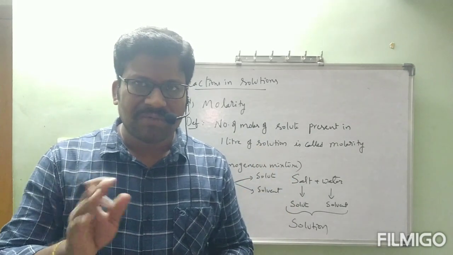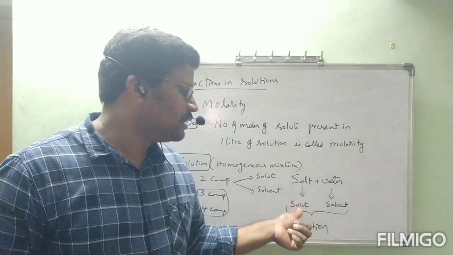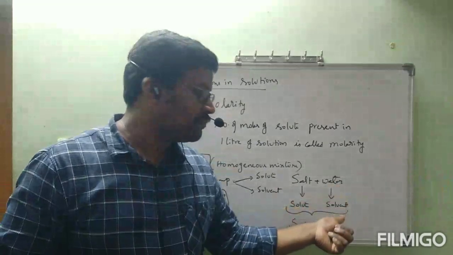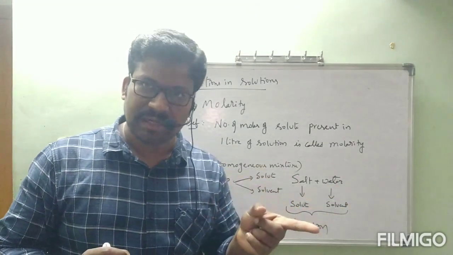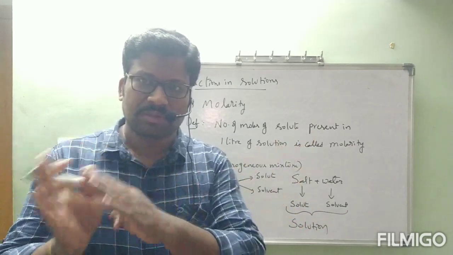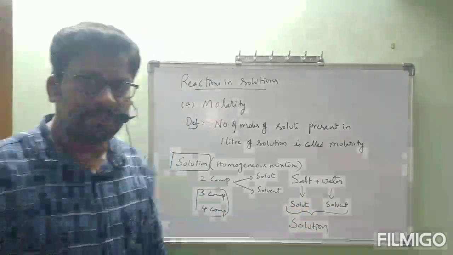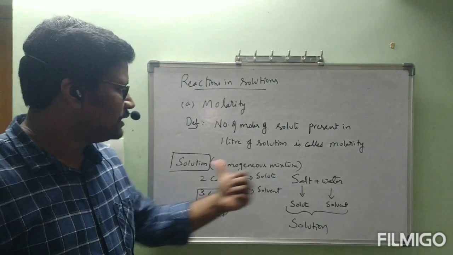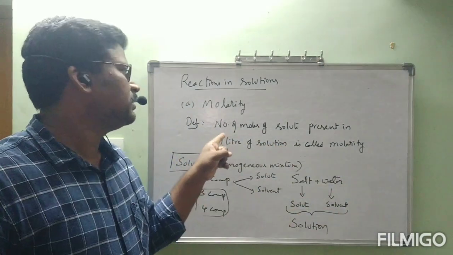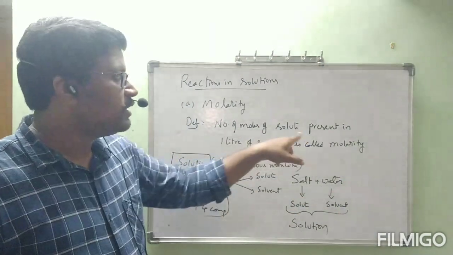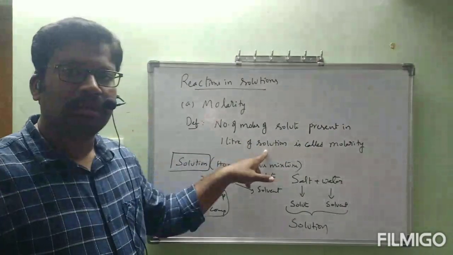Correct? So out of these 2, which is contained in less amount, that less amount component is called solute and major amount component is called solvent. In that way we can identify which is solute and solvent. Those 2, solute plus solvent, is called solution. Solute plus solvent is called solution. Okay. This is about what are the terms we have in this molarity definition. Molarity definition contains solute. Now you might have understood solution.